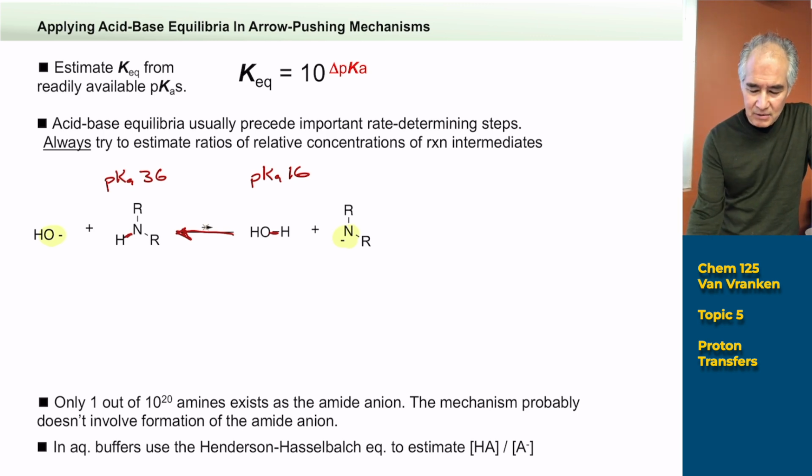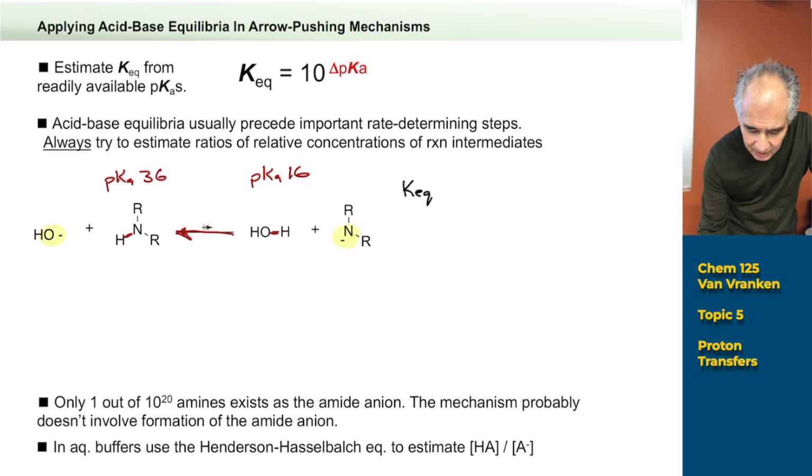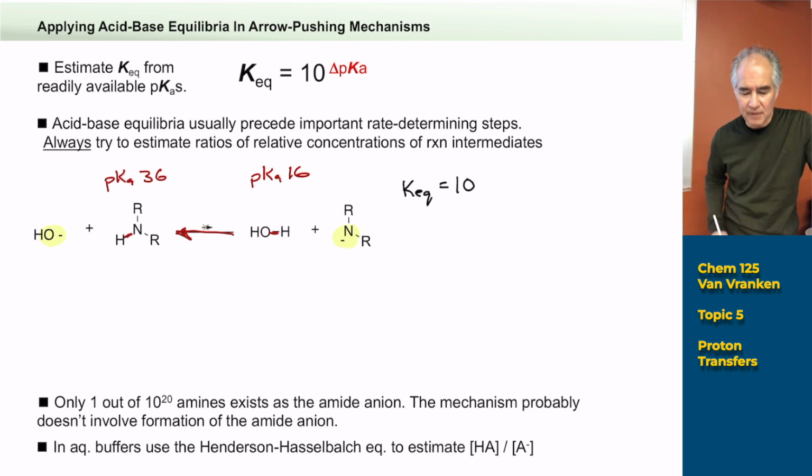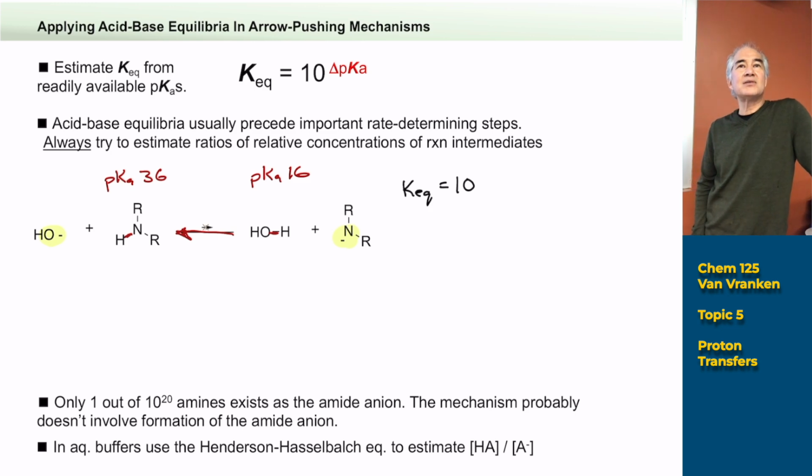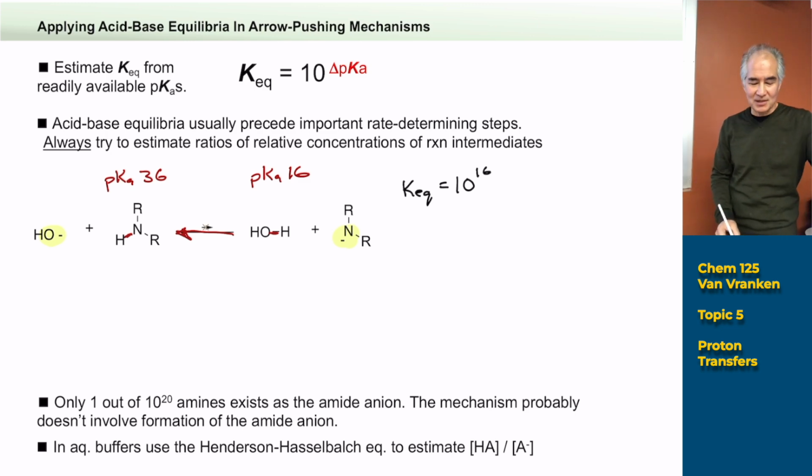And I'm going to use our secret but powerful equation here to think about what that equilibrium constant and what the equilibrium ratios would look like. So I'm going to say KEQ is equal to 10 to the power of the difference in pKa's. That means I have to subtract the pKa's. There's only two numbers, right? The only thing you have to worry about is which number comes first when you do the subtraction, and it's